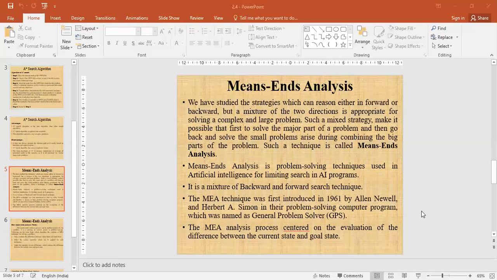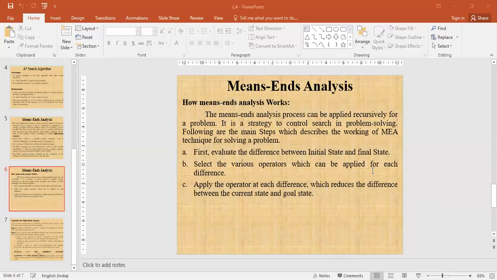The means-ends analysis technique was first introduced in 1961 by Allen Newell and Herbert A. Simon in their problem-solving computer program, which was named General Problem Solver (GPS). The means-ends analysis process centered on the evaluation of the difference between the current state and the goal state.